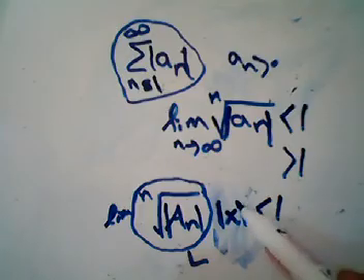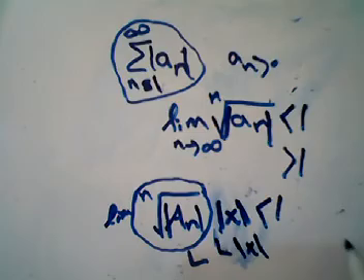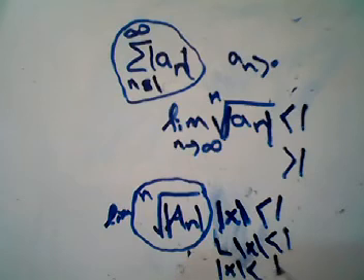It is not a real constant, but it doesn't depend on n, so that would be equal to L times the absolute value of x. Okay, and this should be smaller than 1, so the absolute value of x should be smaller than 1 over L, which is the limit of this,